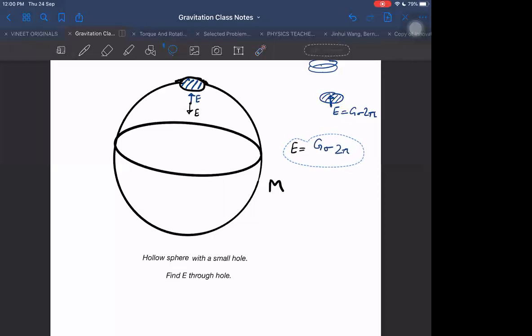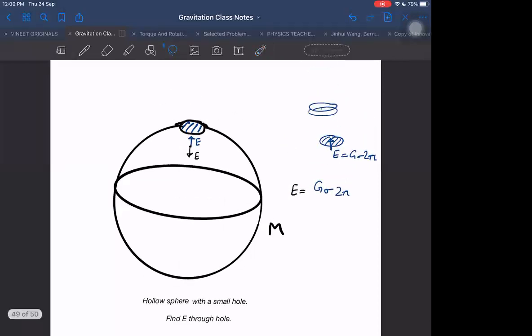Then it is correct. But then the point to be known is how to find the field due to the local piece. Due to the local piece, we will find it the way I told you, because we know the formula for that disk. We will just keep the disk to be infinite.